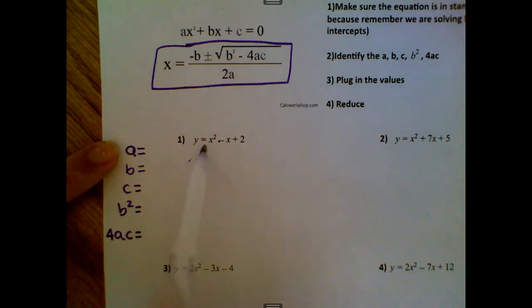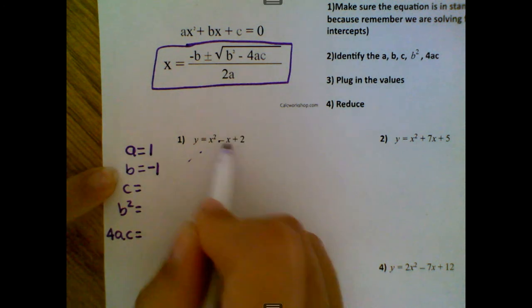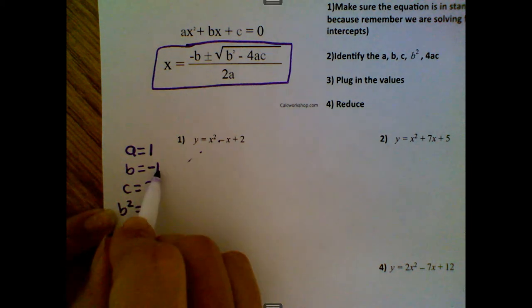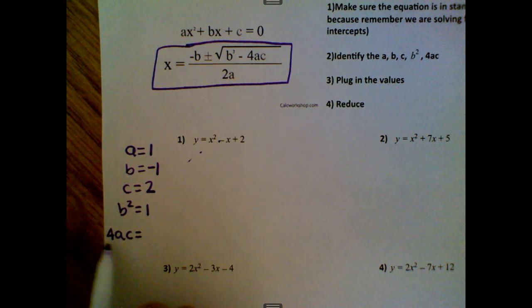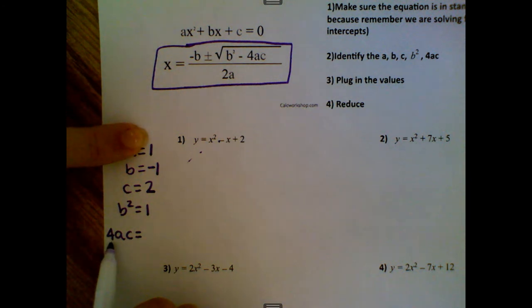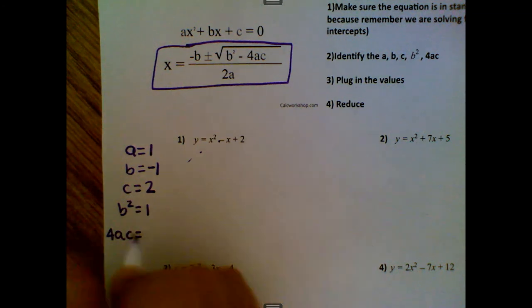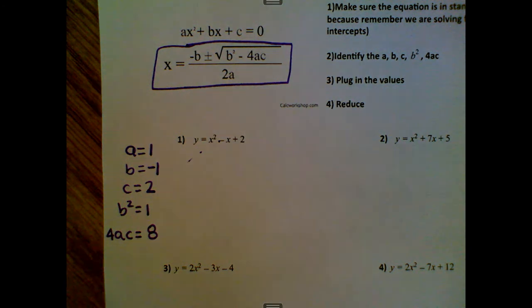So a is 1, b is negative 1, c is 2, which makes b squared negative 1 times negative 1, which is a positive 1. And it makes 4ac. So 4 times a is 4 times c is 2. So 4 times 2 is 8. Now we're going to plug that into our quadratic formula. So looking at above,